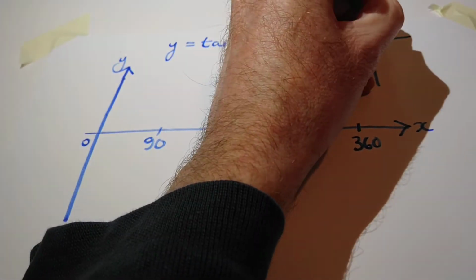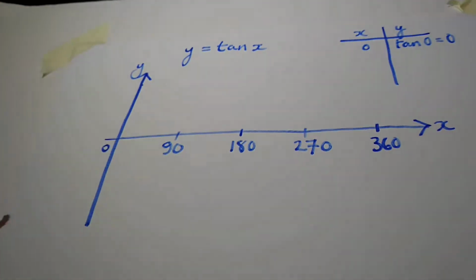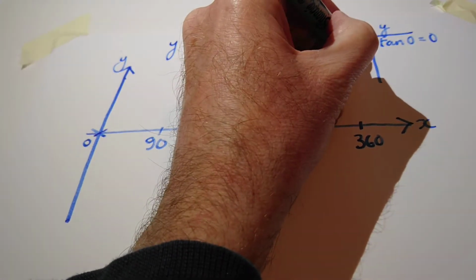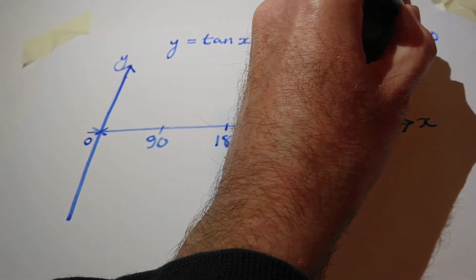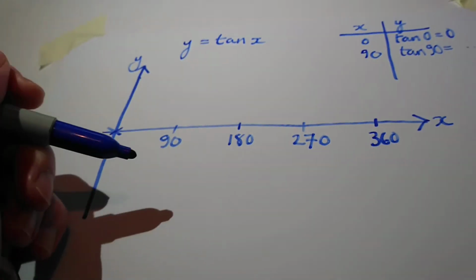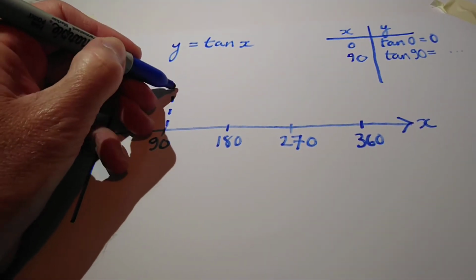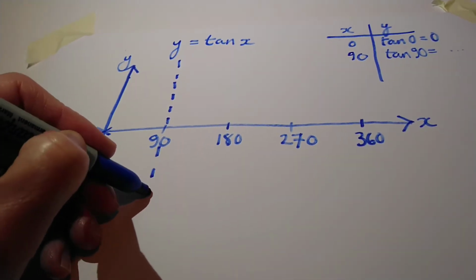So if x is 0, then tan of 0 is also 0, so that's straightforward. But then if you try doing the tan of 90 degrees, what you'll find is that you get an error. In other words, it's undefined. So there's no value that you can do there. So what you have to do is draw an asymptote in, and we represent that with a vertical dashed line